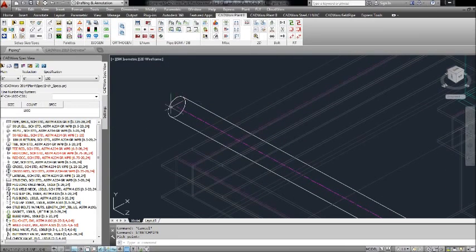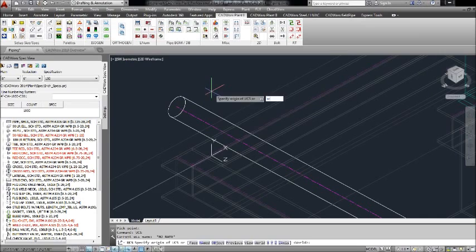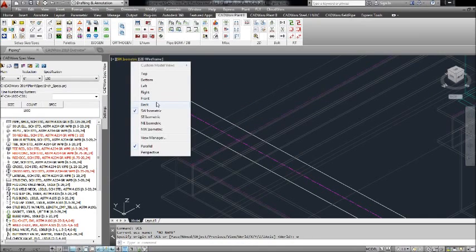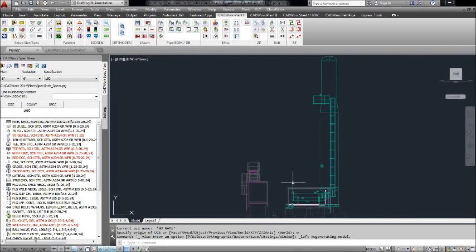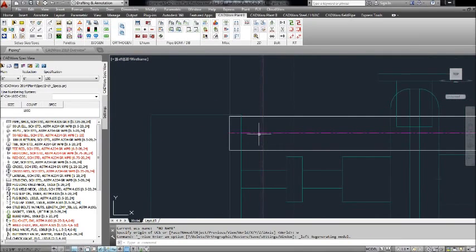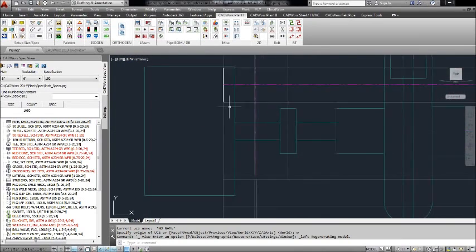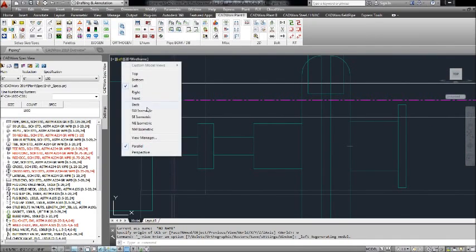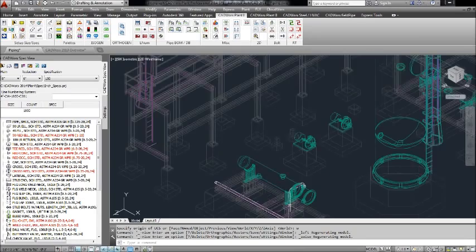So now I've aligned that, and if I switch to a western elevation view here, I can verify I'm sitting perfectly in line with that steel right there. Coming back to my southwest isometric view here,